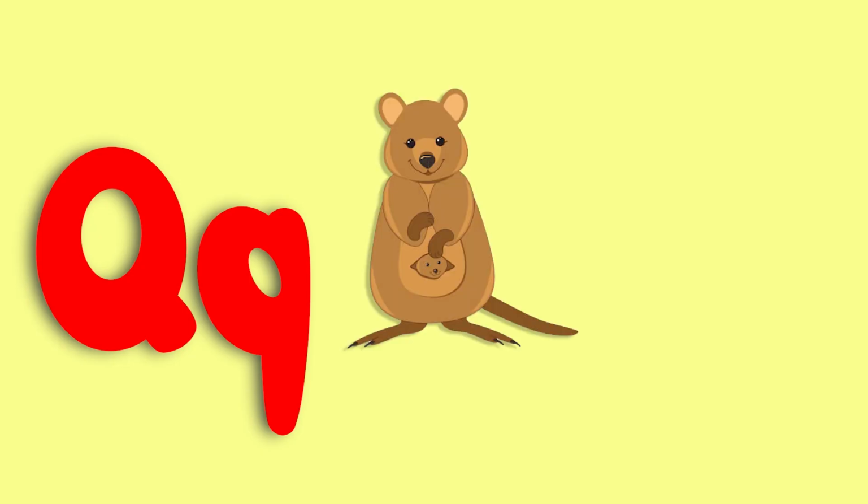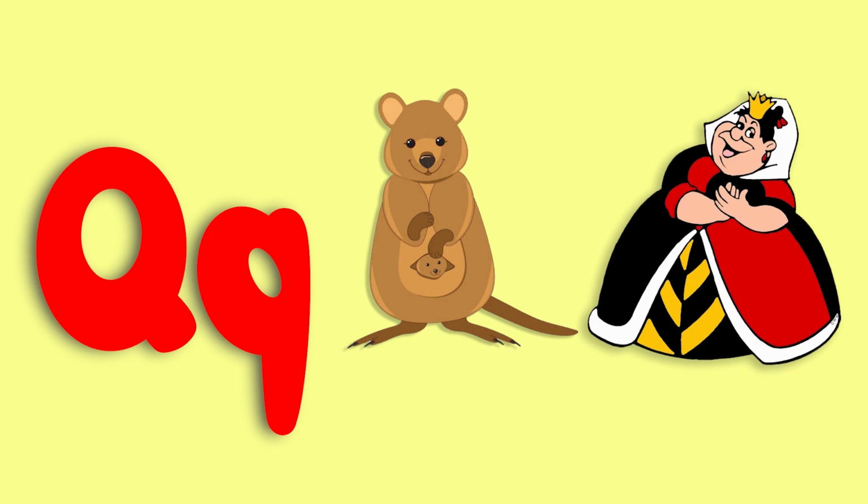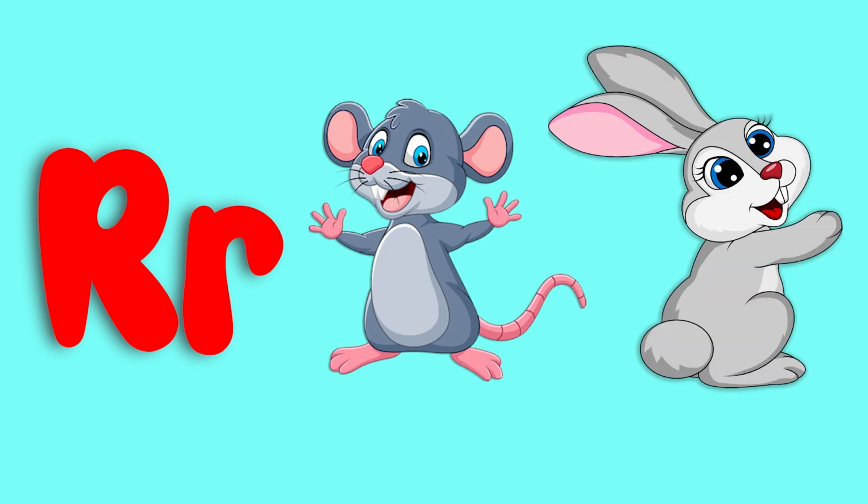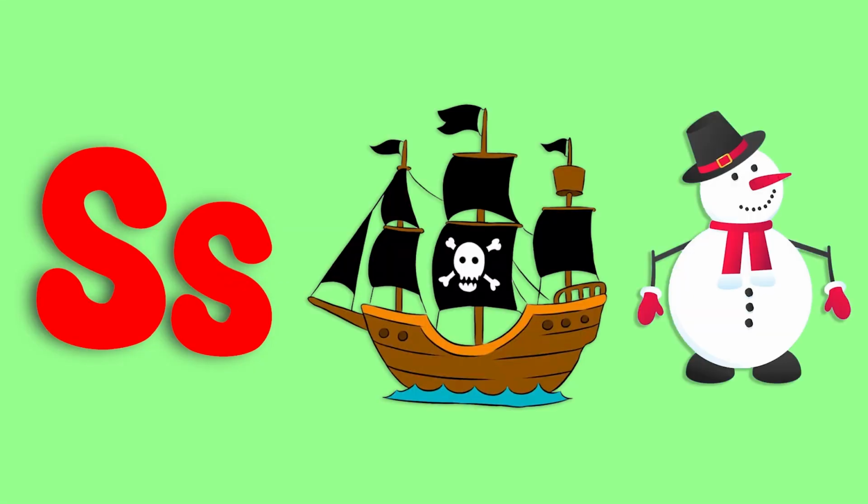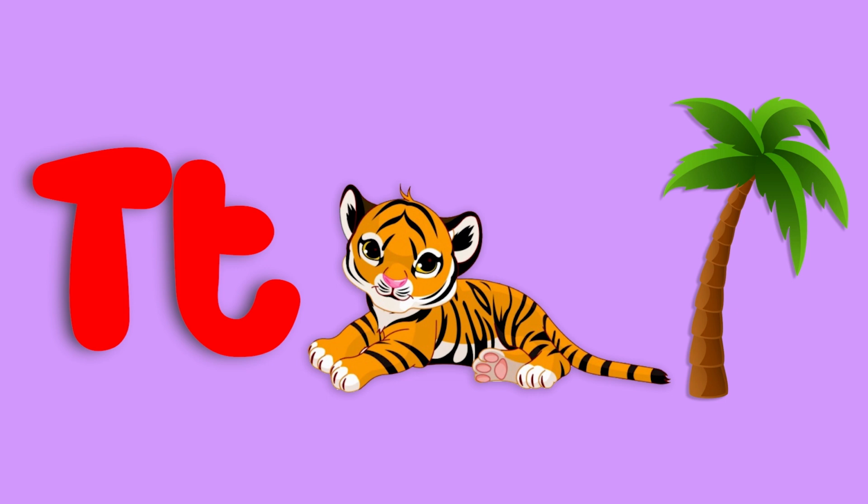P. Q for koala, Q for queen, Q. R for rat, R for rabbit, R. S for ship, S for snowball, S. T for tiger, T for tree,